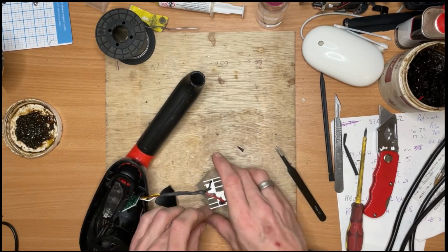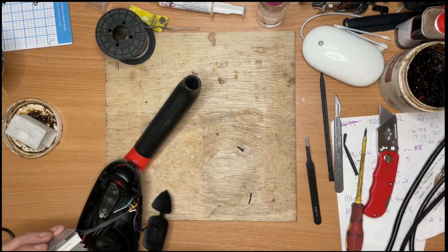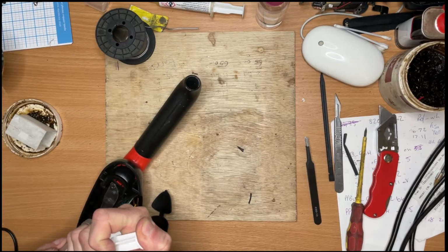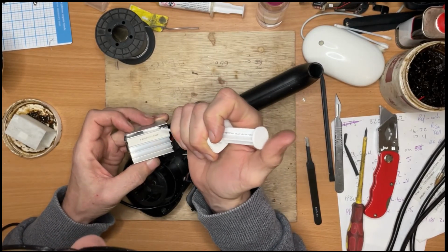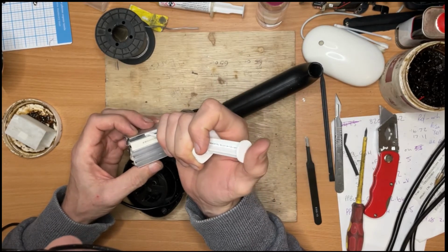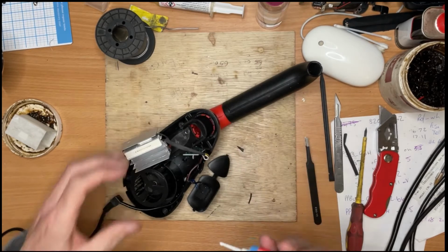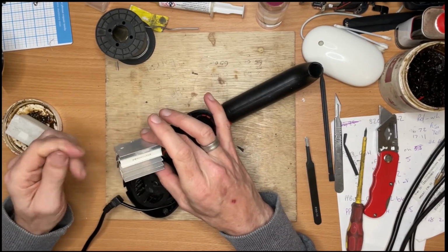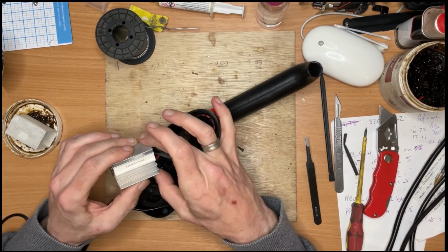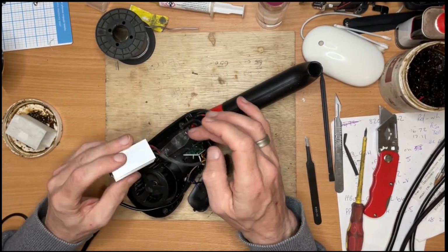So let's put this back on. Like this. No, it's not really essential. Let's see that. I'm going to put a little bit of thermal paste in there, because it did have some. I think it was more silicone to hold it in place, because it was white and gooey, but it would stick hard, and thermal paste doesn't generally stick. But it'll help transfer the heat, no matter what, into the heatsink,